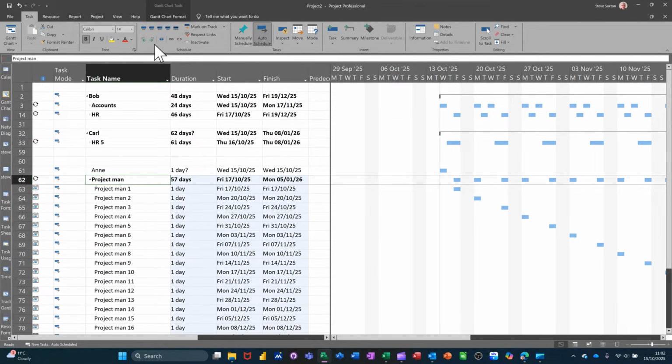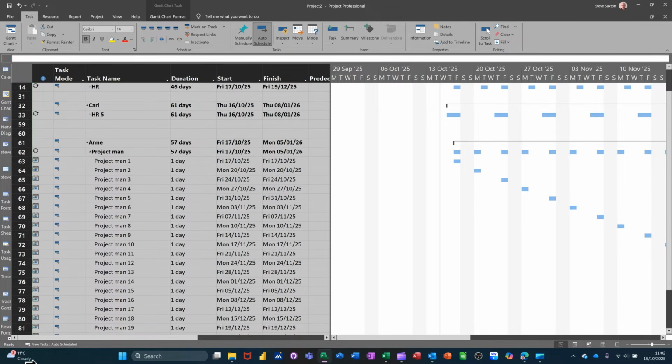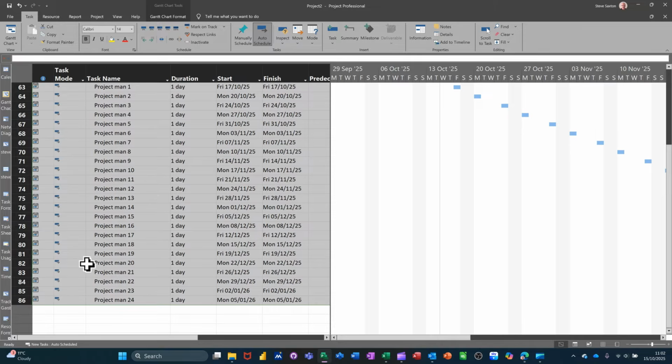That needs to be indented under her, and that needs to be outdented so it's on the top line. Now if I give myself a title, and I'll just call it timetable, so I've got something at the top that I can indent under all the rest. If I highlight the rest and just go down and indent everything, then we've got one summary task